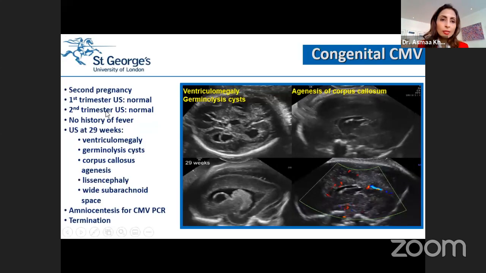Another case, so this was the second pregnancy. Again, the first trimester ultrasound scan was normal. The second trimester ultrasound scan was also normal, and there was no history of fever. As I mentioned, from my experience, a lot of these women do not really have a history of infection or maternal systemic viral disease or being unwell, for example. And then she had an ultrasound scan at 29 weeks, either because, for example, of reduced fetal